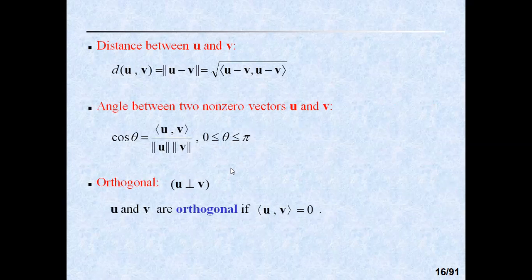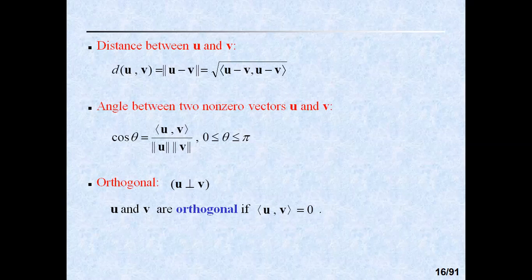How to define the orthogonality of two vectors? You already know that orthogonal vectors means U dot V is equal to 0. The dot product will be 0. Then we say that the two vectors U and V are orthogonal. U is perpendicular to V. Orthogonal means perpendicular. Here, orthogonal vectors can be defined in the form of inner product: U and V are orthogonal vectors if the inner product of U comma V is equal to 0, then we say that the two vectors are orthogonal vectors.